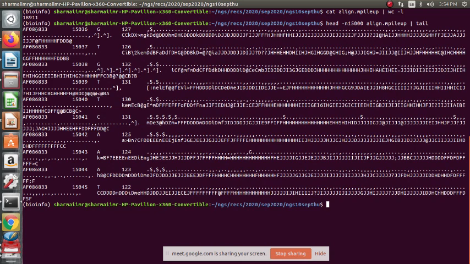Again, to summarize, this is the sequence accession, this is the genomic position, this is the reference base, this is the coverage, 127, 126 is the coverage depth, this is the map quality, and this is the FASTQ quality.